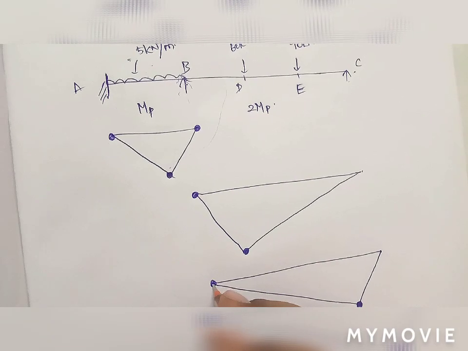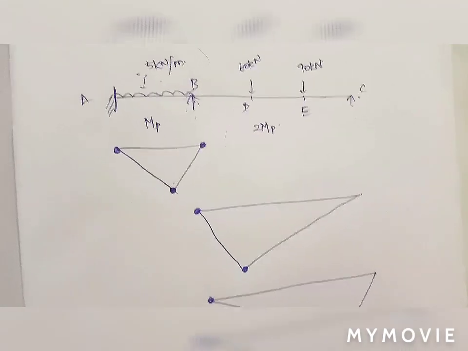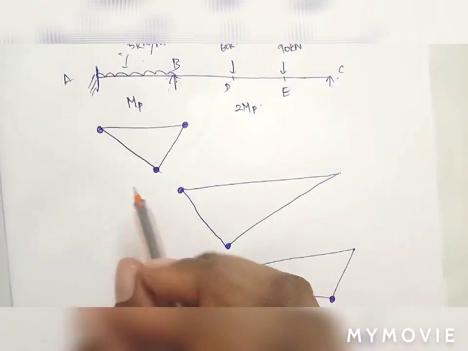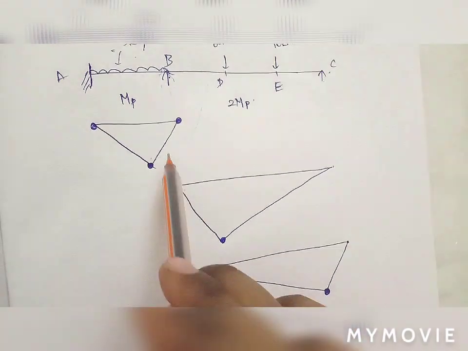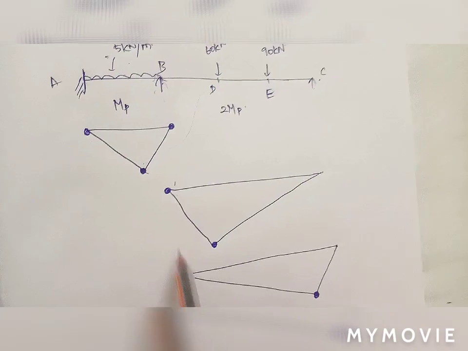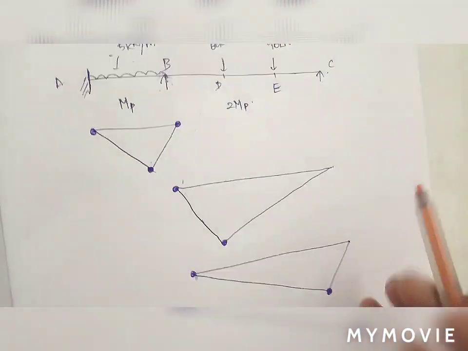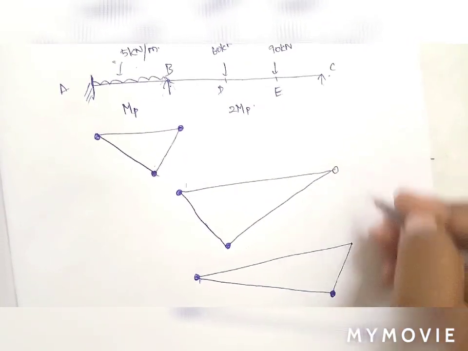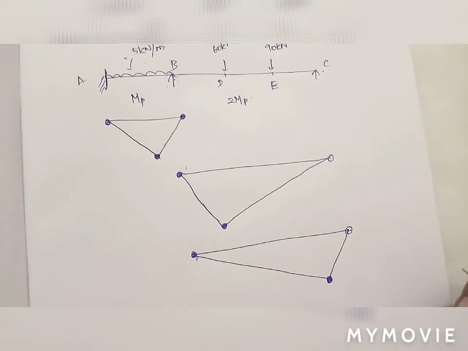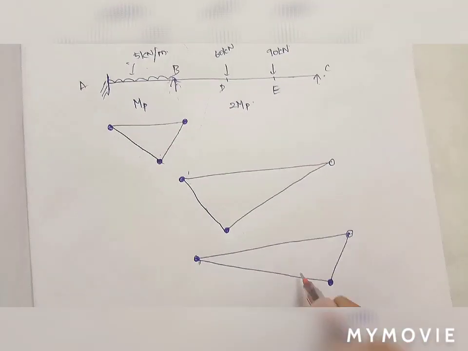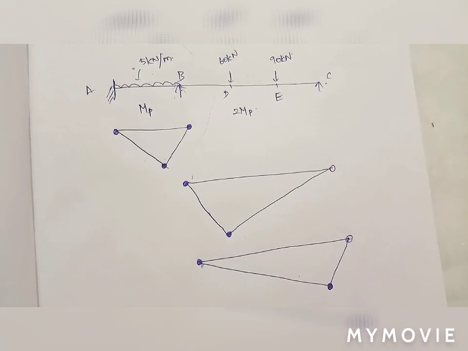when compared to C. So I have plotted the plastic hinges, 5 plastic hinges, that is at the points A, B. B is visible in all the 3 diagrams, and at the point of loading. Okay, so at the remaining places we can draw the mechanical hinge. So this is mechanism 1, this is mechanism 2, this is mechanism 3.